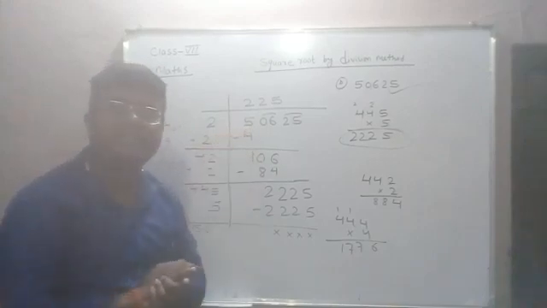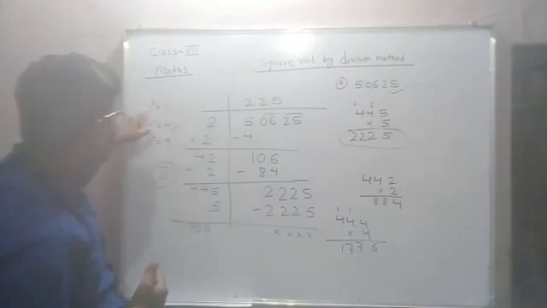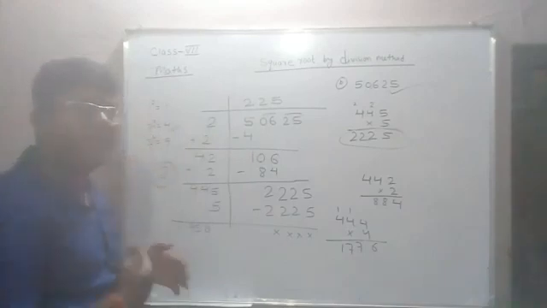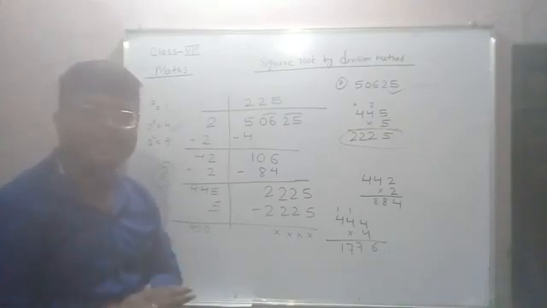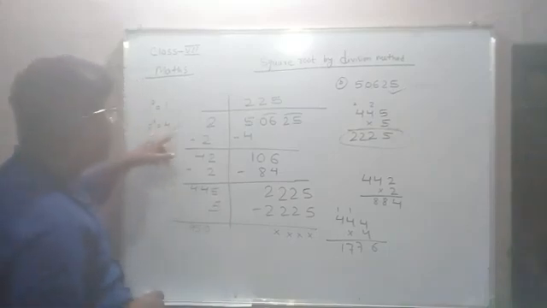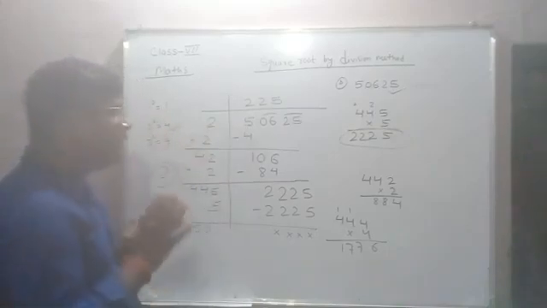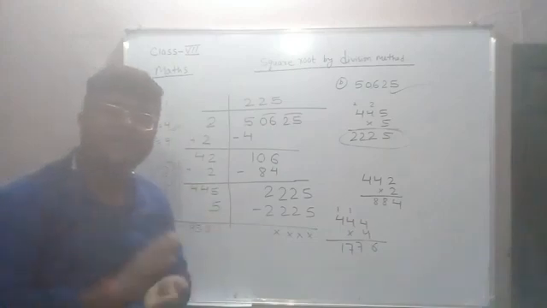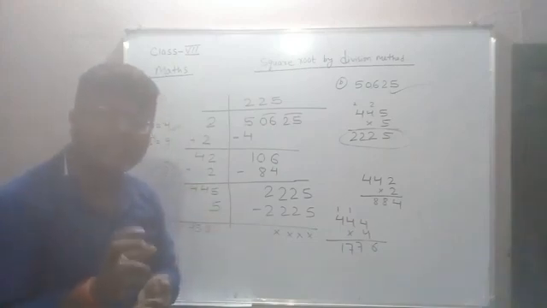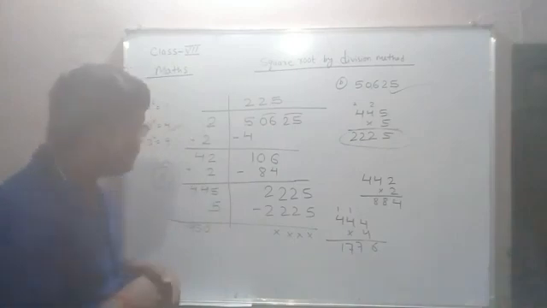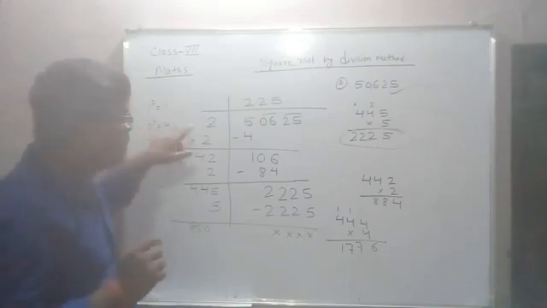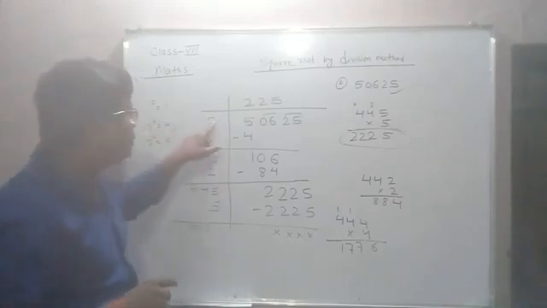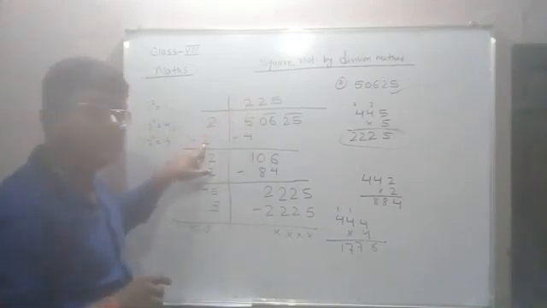We need to look for this number among the squares: the squares of 1, 2, 3, 4, up to 9, from 1 to 9. If you search, you can easily find them. We will not get 5 here, so we take the number just smaller than 5, that is 4, whose square root is 2. We take the number 2 and write it in three places: 2, 2 and 2.